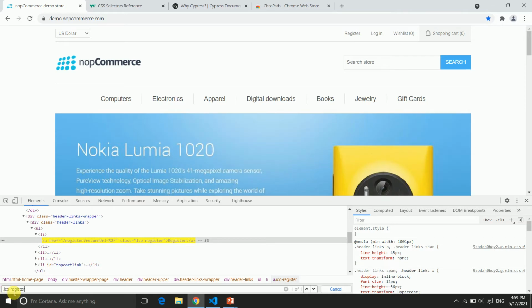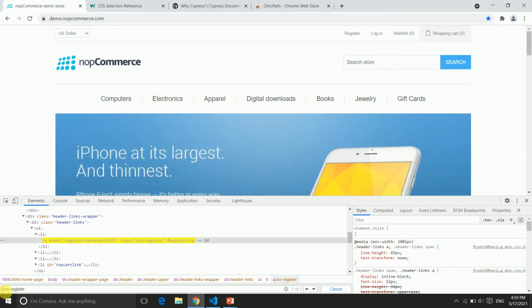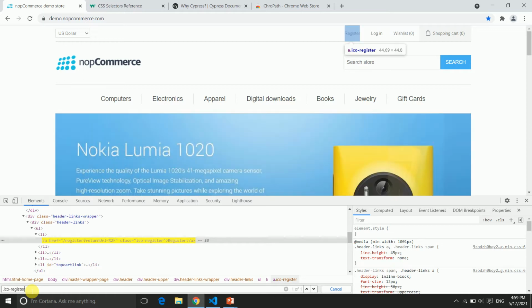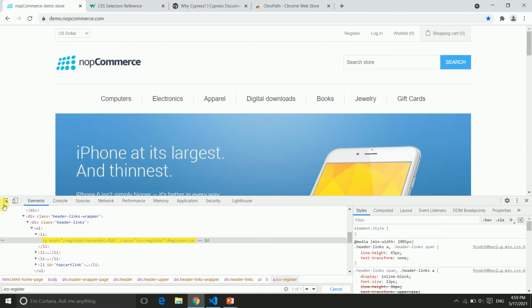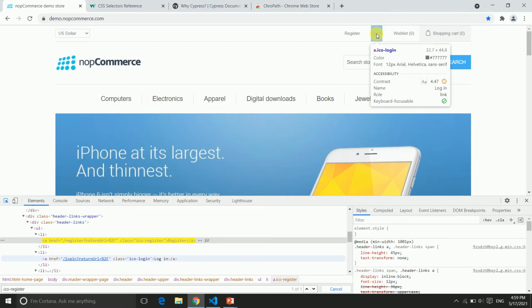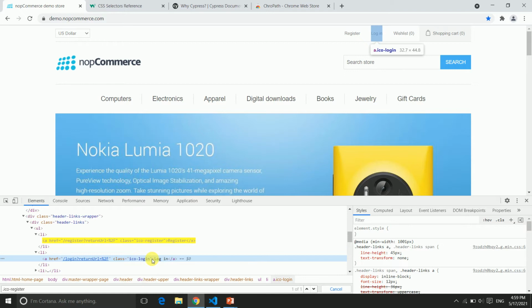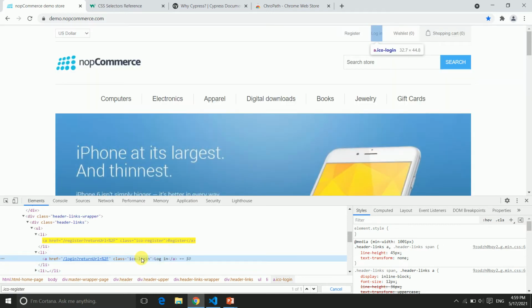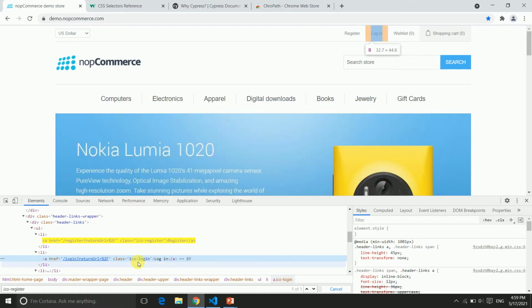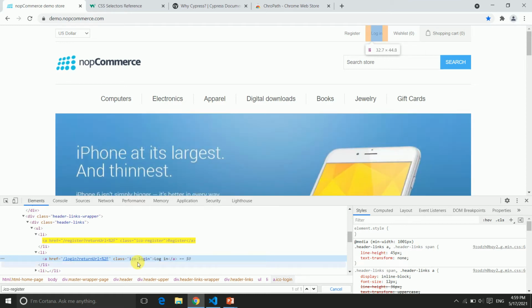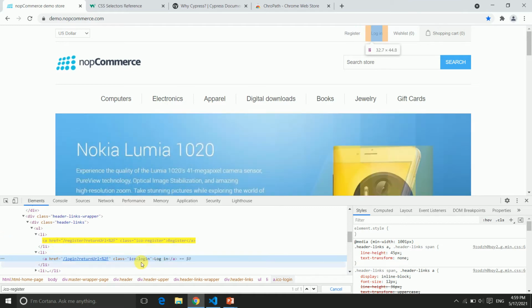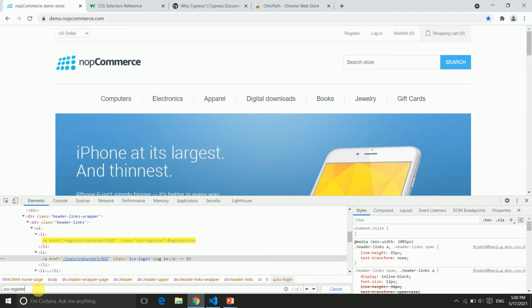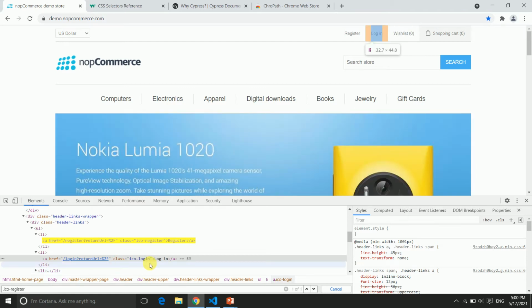So ICO that register, and along with our dot here we have the path. So same is for different things. Suppose this register and also will have the login. So if you just inspect this login, so you will use this and also, but suppose I just mouse over this place, and if you have the same class for different things, so you can use the parent and child combination over here. But yeah, you need to mention it dot, because you are finding the way by using the class.